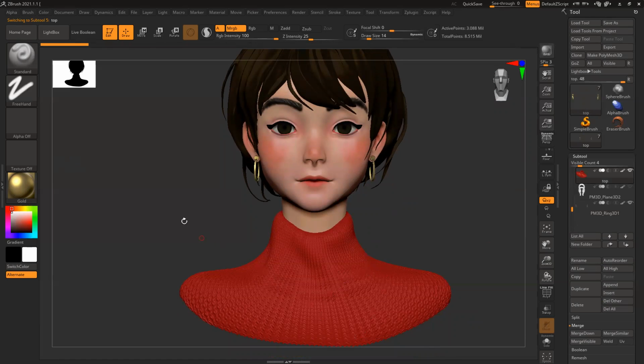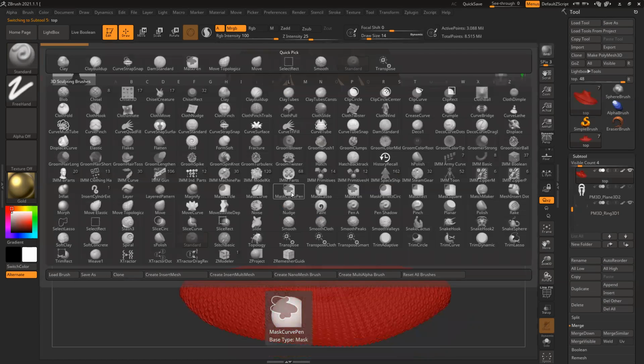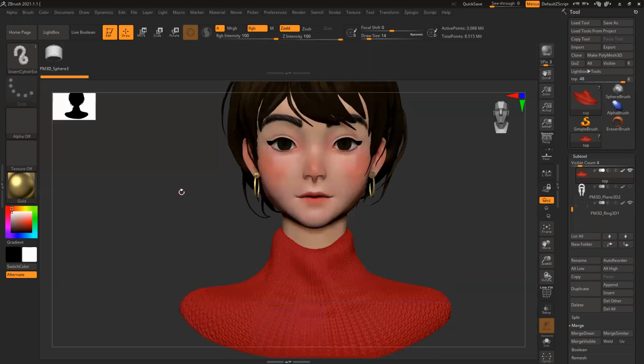Now for this, I need to create a chain or something. Let's see. We have a lot of IMM brushes. This one.